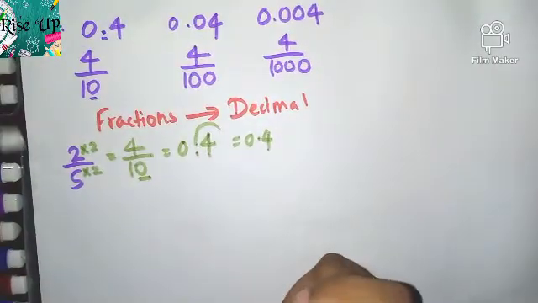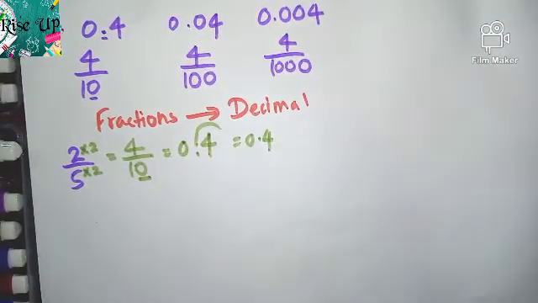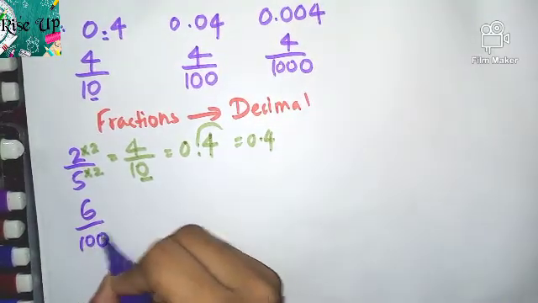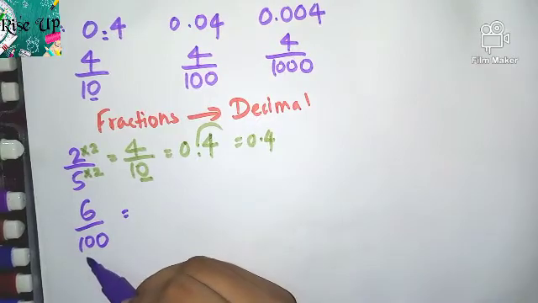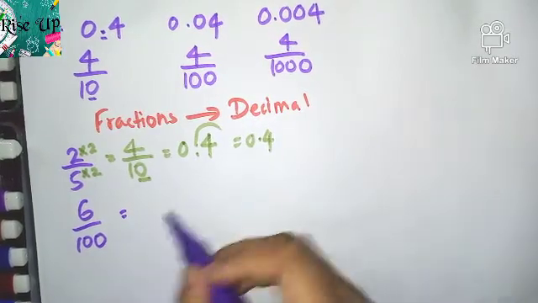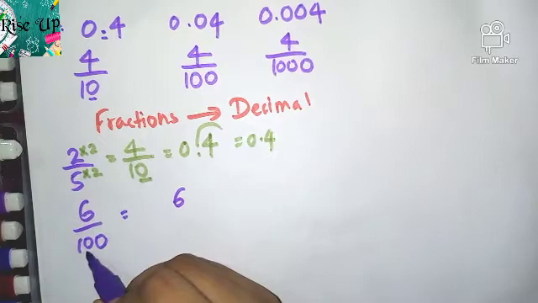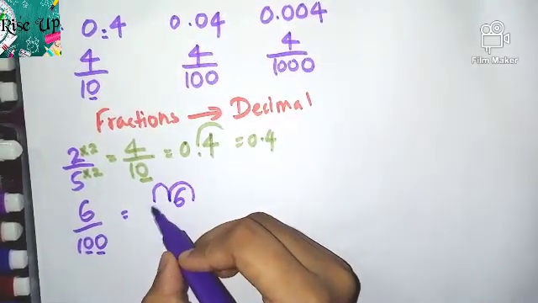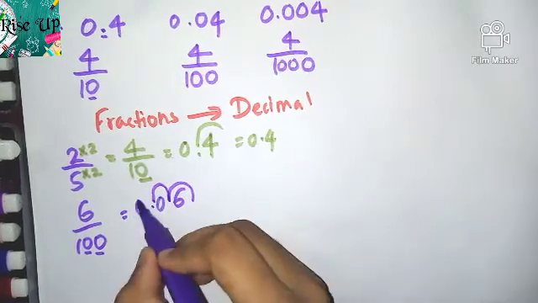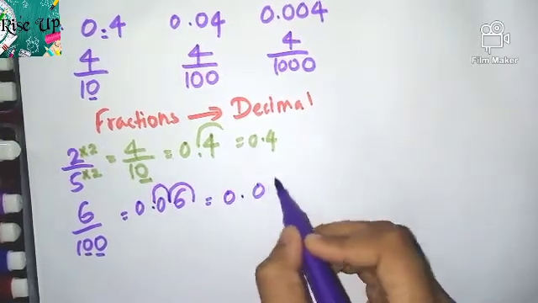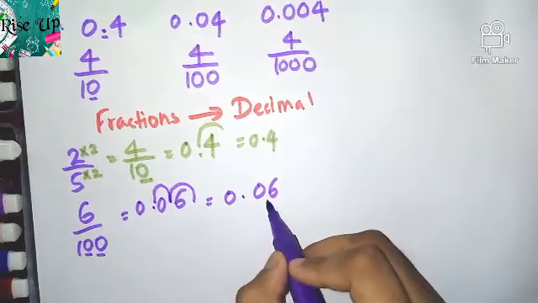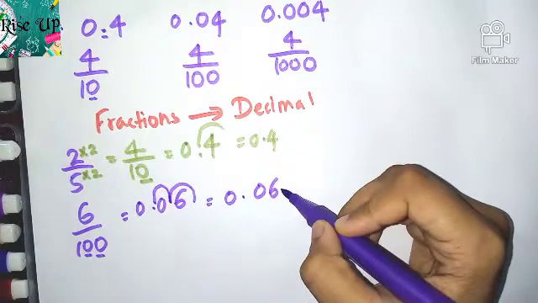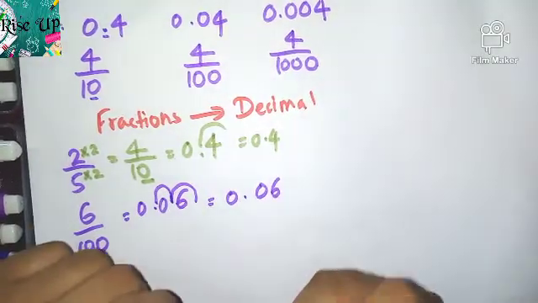So let's go to the next example. Let's take another number like 6 upon 100. It's easy to write, since it is a power of 10. Just write the whole number 6, and since there are 2 zeros, keep 2 decimal places, 1, 2. The decimal point has to come here, put a 0 here. So what is the answer? 0.06. To make sure whether your answer is correct, just move 2 places and see. Just move 2 places, 1, 2. You get the whole number 6. So your answer is correct.